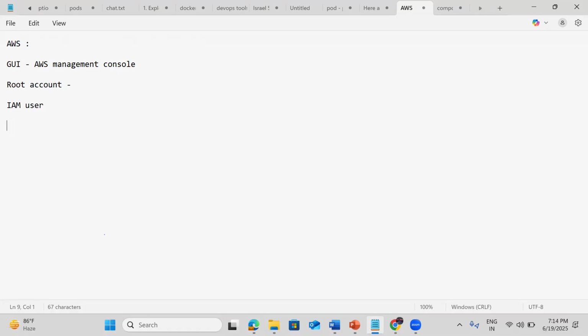Through which we need to log in. We need to log in using the IAM user itself, not as the root user. Okay, so then another method of how we can administrate AWS is that AWS has one more method called